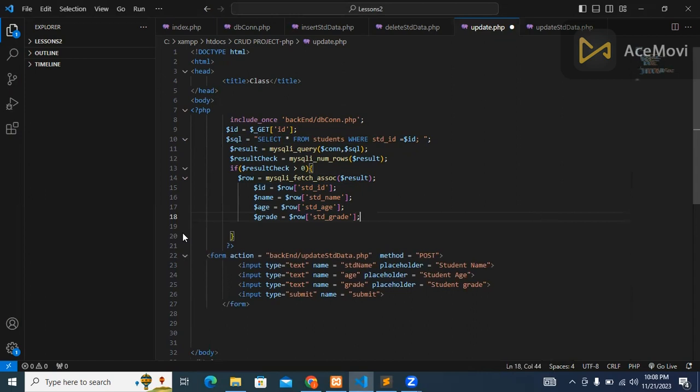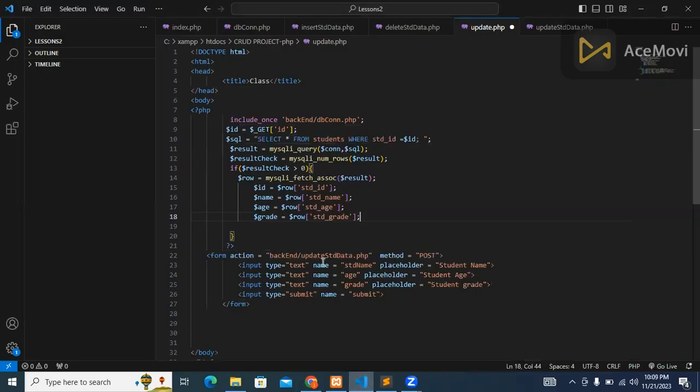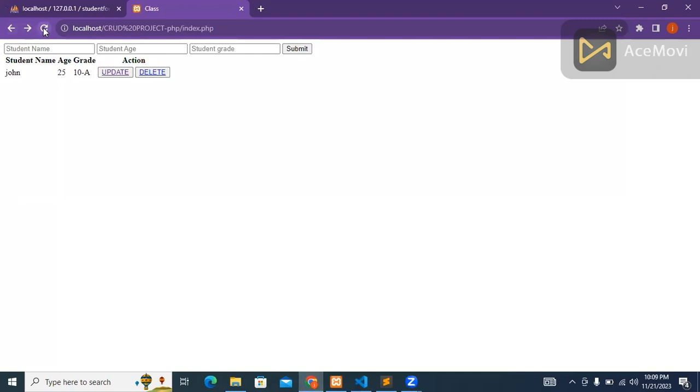But let me save my file first, go back, refresh. If I click update, you can see that form, but we couldn't see any record in here